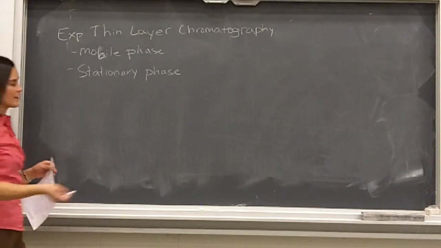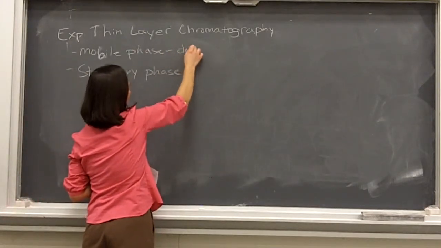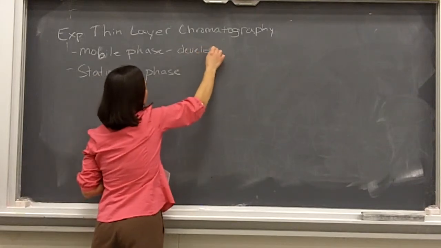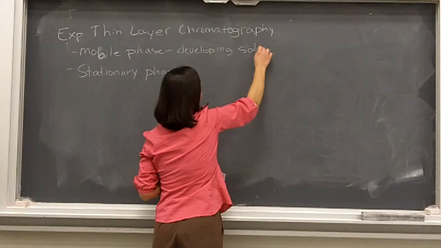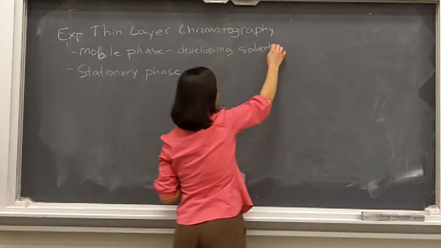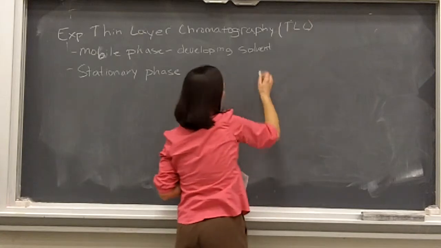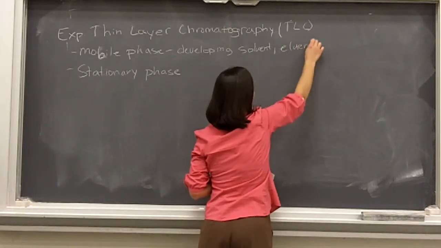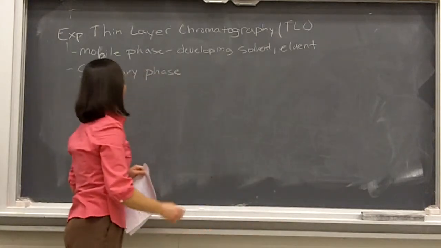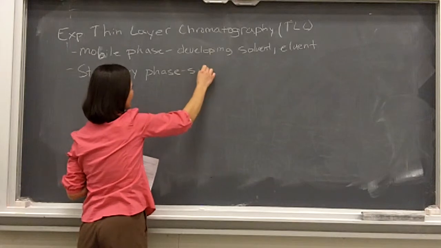So our mobile phase is our eluent or developing solvent. Instead of solvent, a lot of times with TLC, which is what we use as the acronym usually, it's known as the eluent. Okay? And our stationary phase is silica,